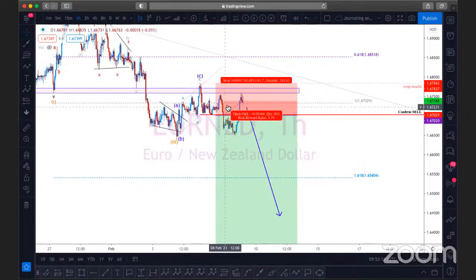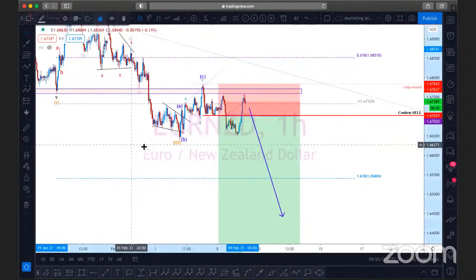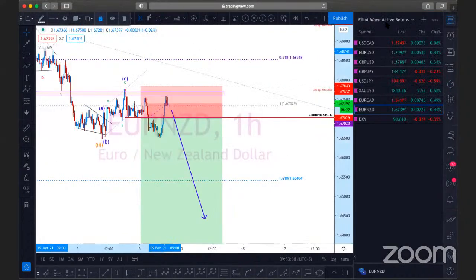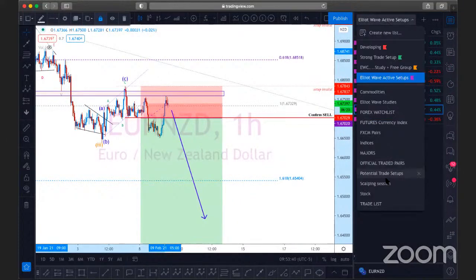Currently in a drawdown, but we're seeing where the structures, as they remain right now, are still holding firm. Right, so it's just about monitoring this to see exactly how the price would actually react. All right, this is Euro NZD. All right, now to look at